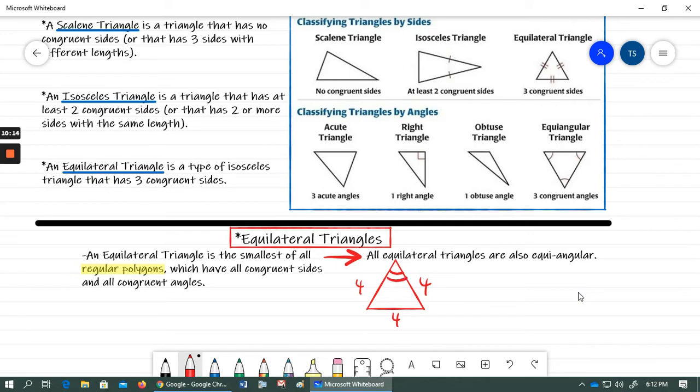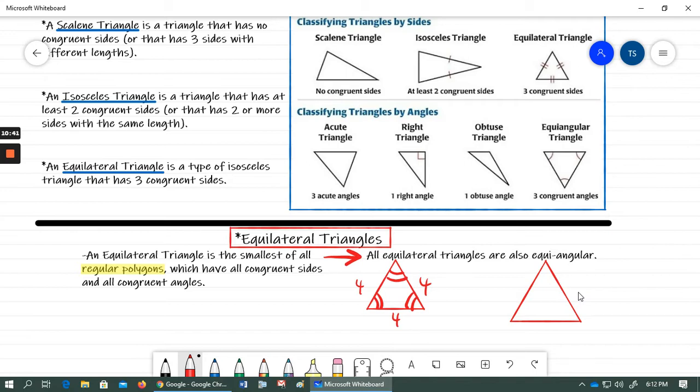All three angles are congruent in any equilateral triangle. And guys, the opposite of that is also true. If you know that you've got an equiangular triangle, and if you know that all three angles are congruent,